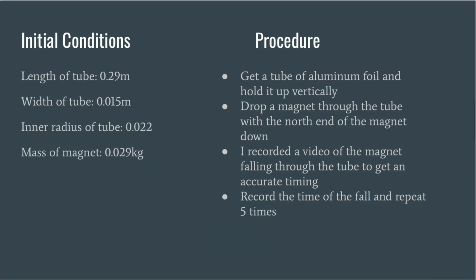Okay, so for my observational model of me actually dropping the magnet down the aluminum foil tube, my initial conditions are seen here on the left. I've just got the length of the tube, width of the tube, the radius, and then the mass of the magnet. And then the procedure I used for that is first I had a tube of aluminum foil and it